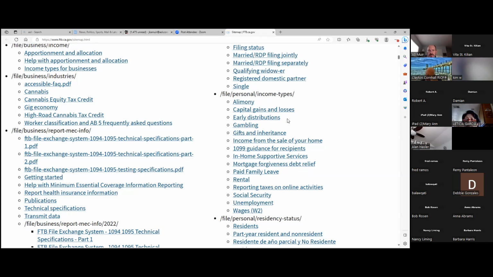Early distributions, you're going to see this a lot in the VITA program. What that means is someone has some type of retirement plan, perhaps a 401k or a 403b or a 414 or a 457. Those are all Internal Revenue Code sections. And so what that means is when you take an early distribution and you don't have one of those exceptions